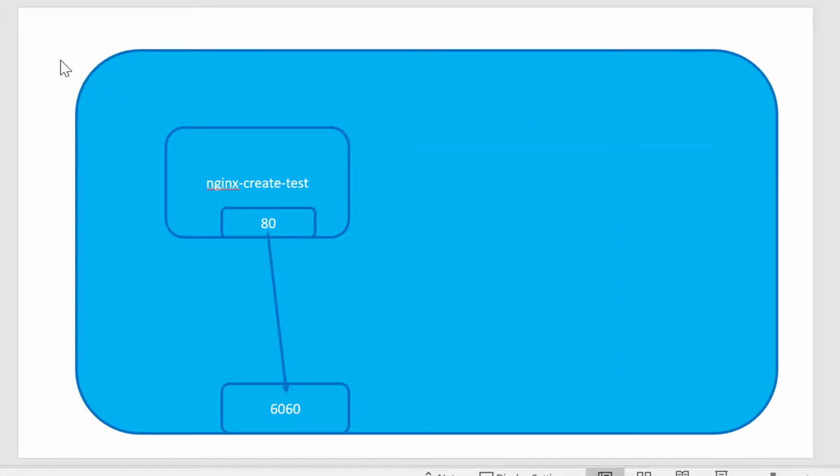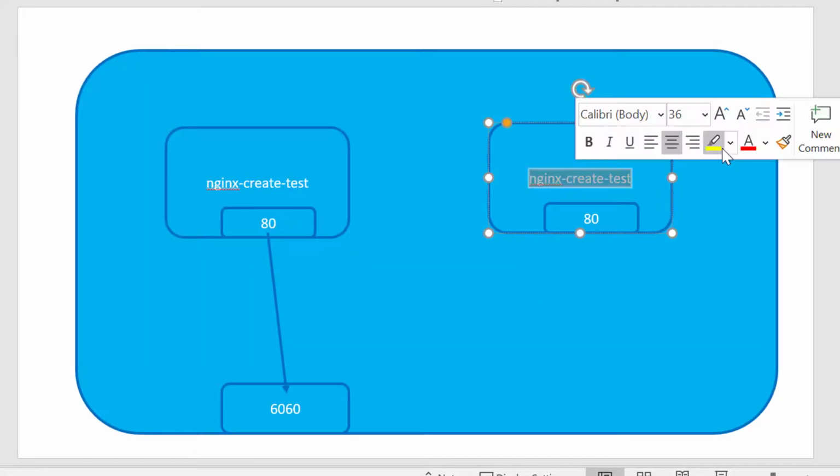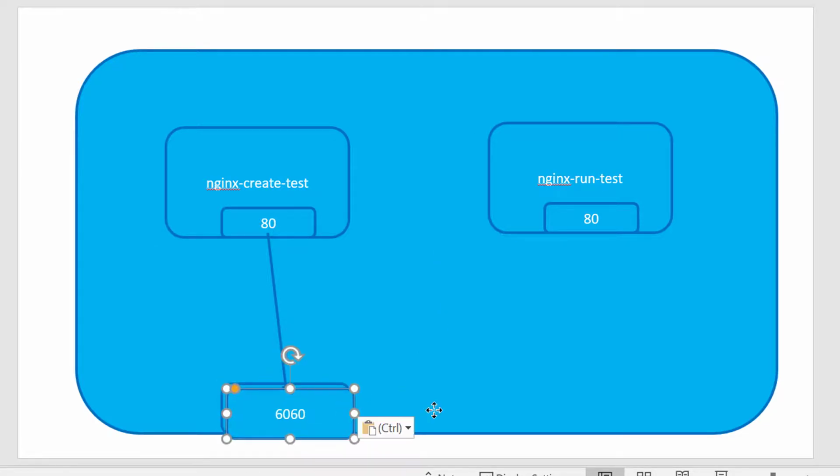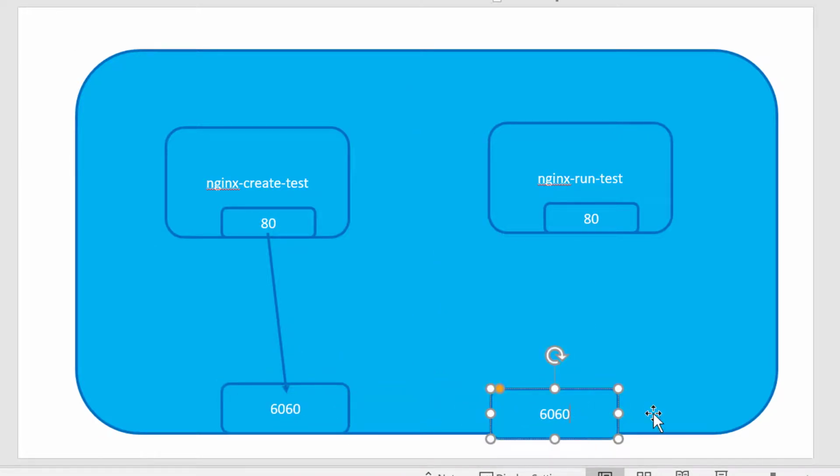And later we created another container with the name nginx run test. Again, that will be running on the port 80, and I mapped that particular port 80 to the 6061 of this particular host. So what that means is I cannot map the same port to two different containers. This is a very basic, simple networking configuration. There are some advanced configurations, and as a part of networking concepts, we will be seeing them in detail. This particular understanding is sufficient to proceed further in understanding the details about containers and all other concepts.